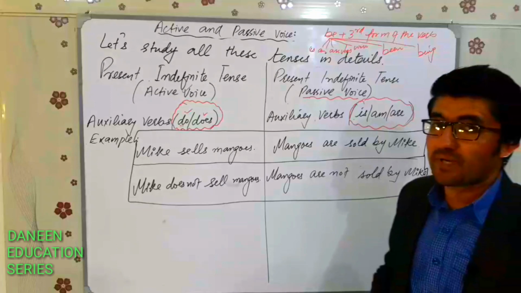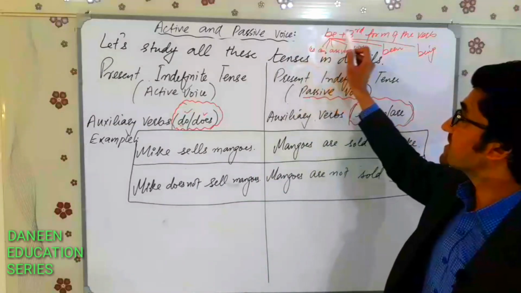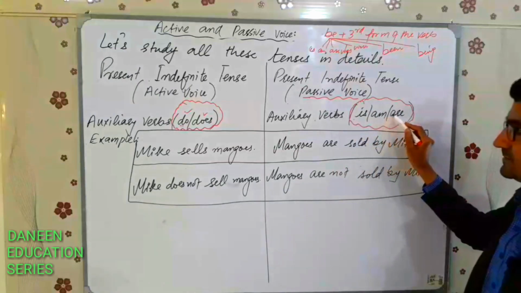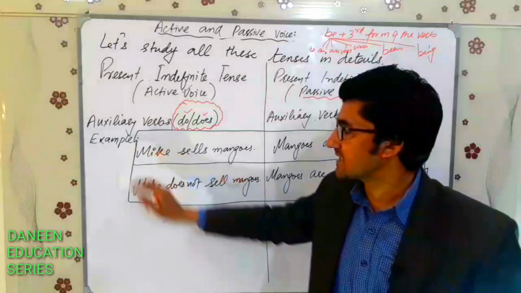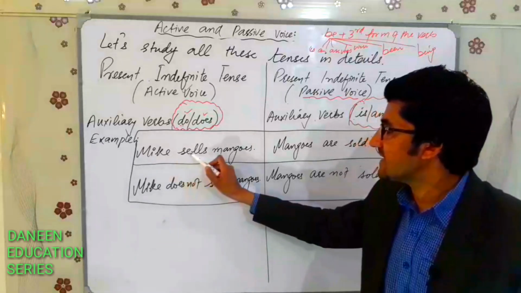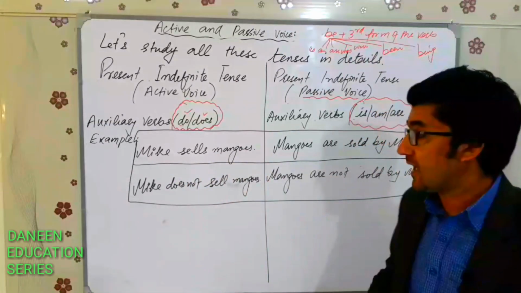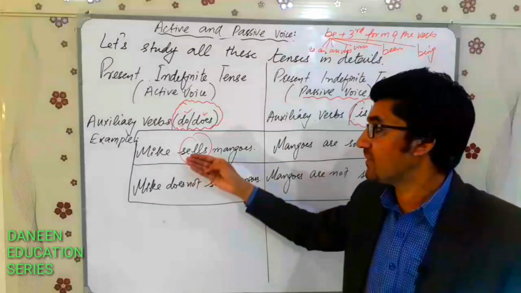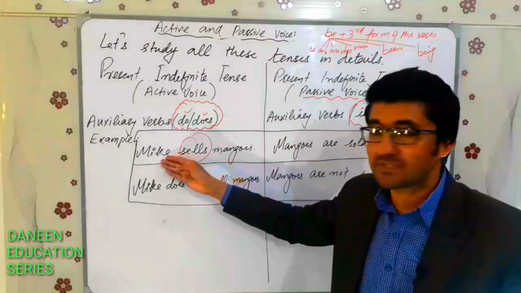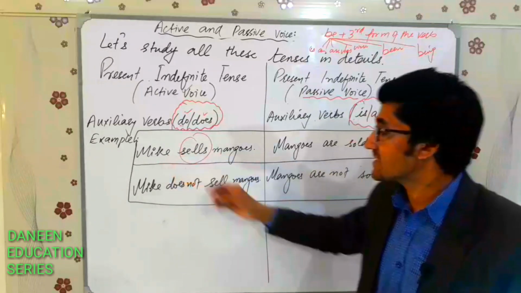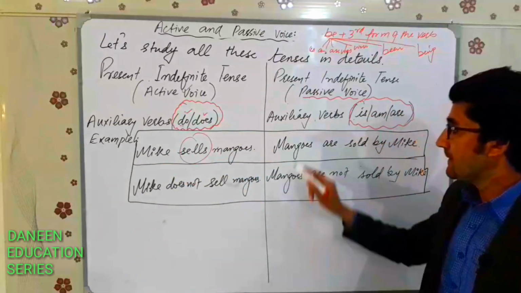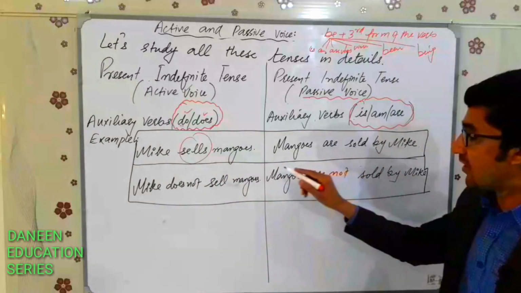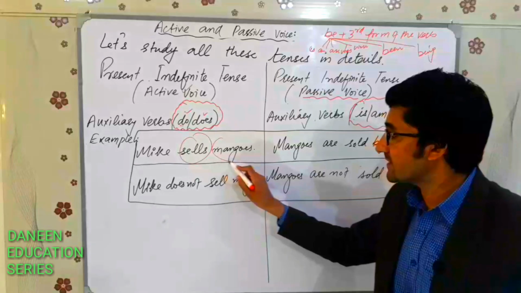So the structure of a passive voice is be plus third form of the verb. So here we have got is, am, are. Now let's talk about this example. Mike sells mangoes. Now sells is actually in simple present tense, first form of the verb with s, as the subject is singular. So its passive voice is mangoes are sold by Mike, because the object that has been used here in the